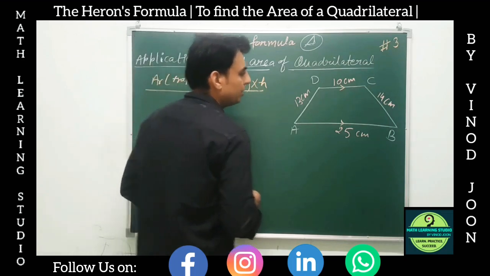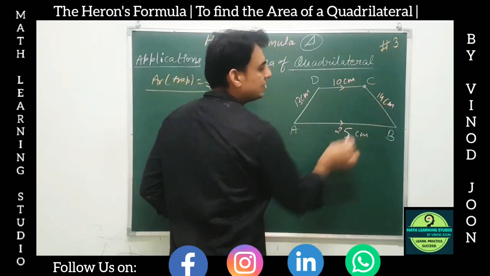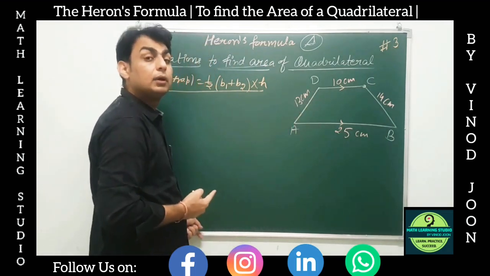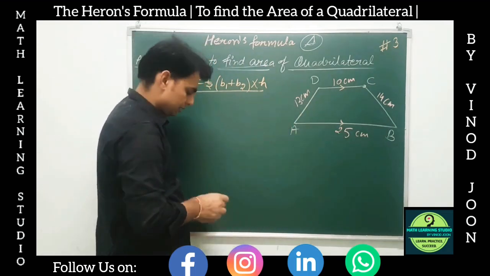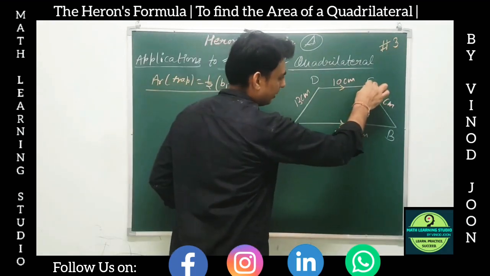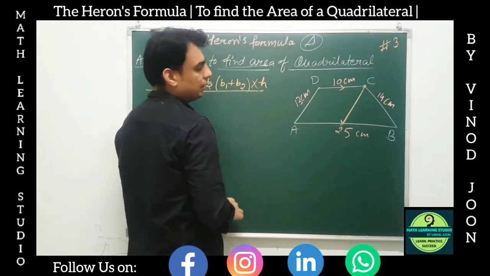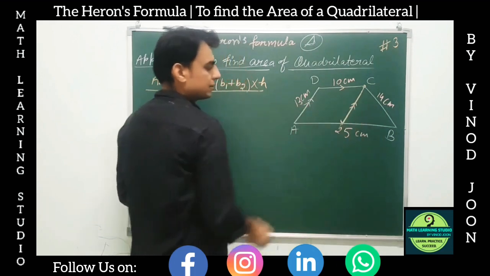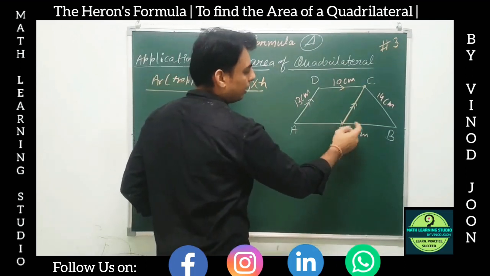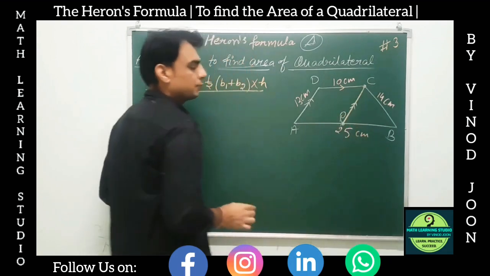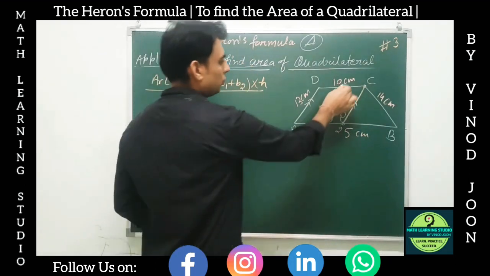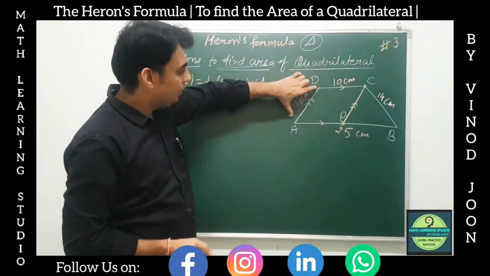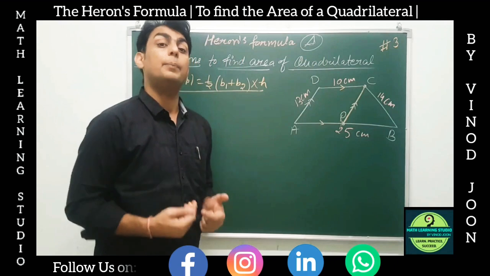And that construction is, what do we do, from point C we draw a line parallel to AD, draw a line segment. So it will be something like this. So we can see now that this line segment is parallel to this, and it meets here. So let us take this point as point P. Okay. So DC is parallel to AB, and this is what we constructed from our side.